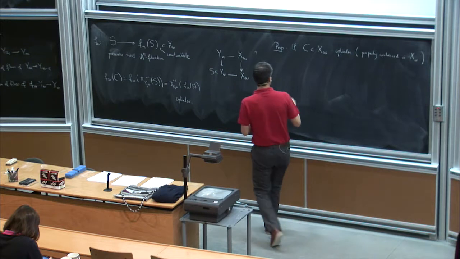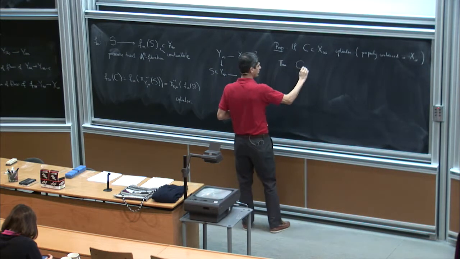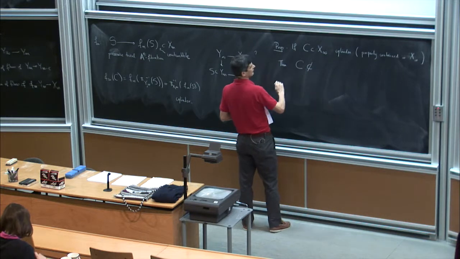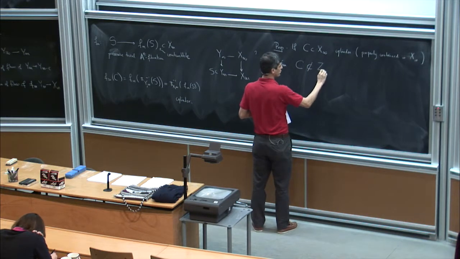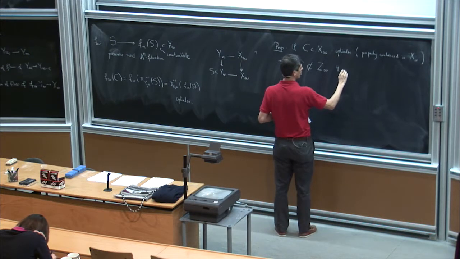Then C is not contained in the arc space Z infinity of Z for any proper subscheme